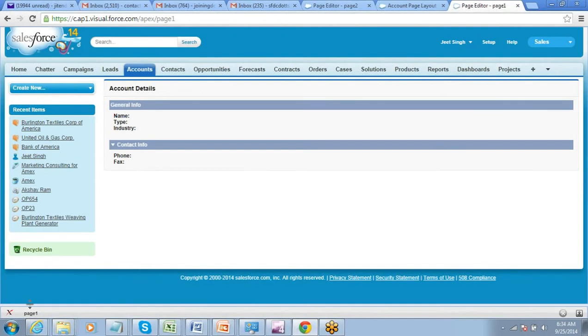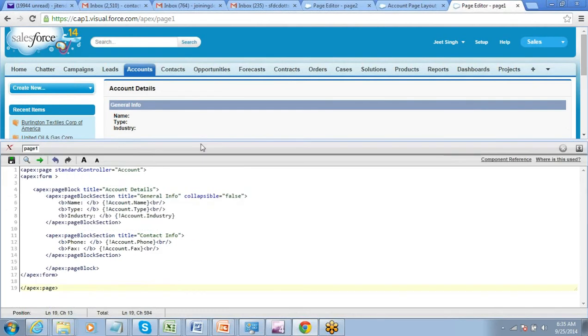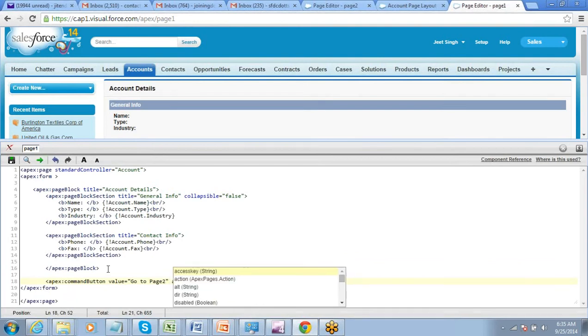Form component, we have got it here. So in action, what you can write is this: apex/page2.